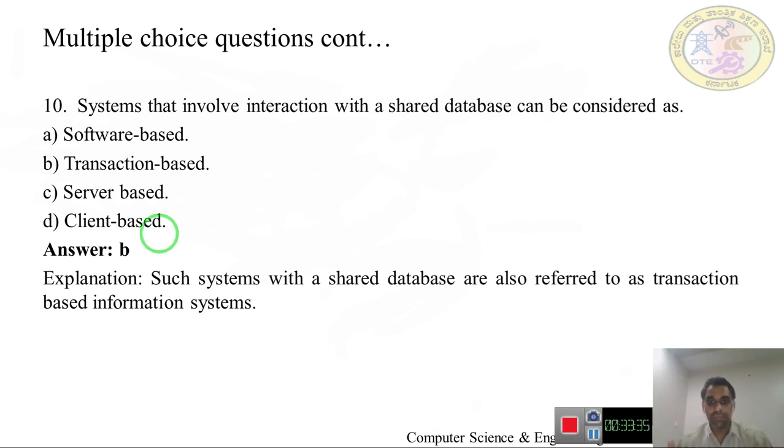In pipe and filter, the filter acts as a component, and the pipe acts like a connector. The pipe allows data to flow in a unidirectional way. Whereas the filter acts like a component, which would act like a producer and consumer, responsible for generating the data at one end and receiving the data at the other end. Between these two filters we use the pipe as a connector. Fine. So that is what we have understood in pipe and filter.